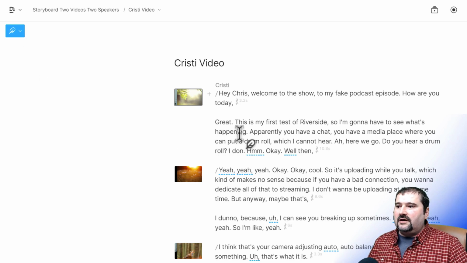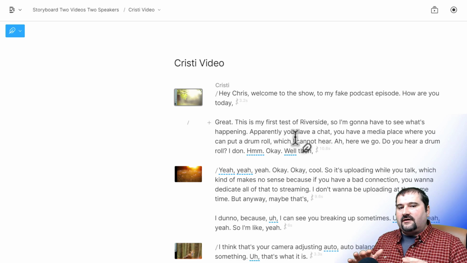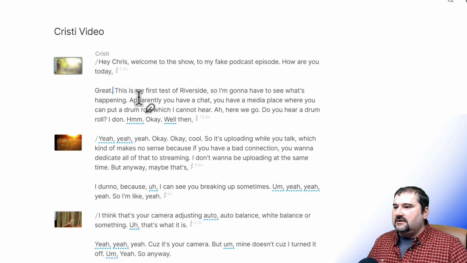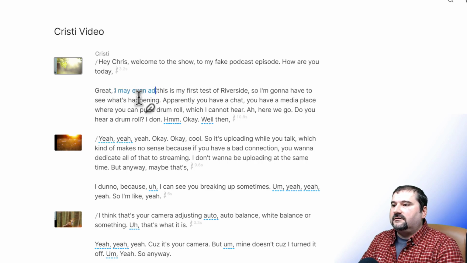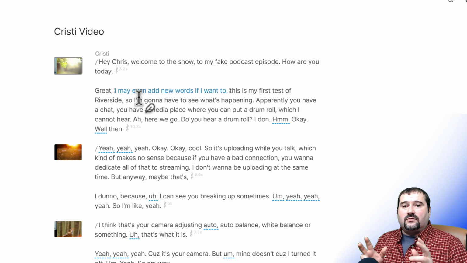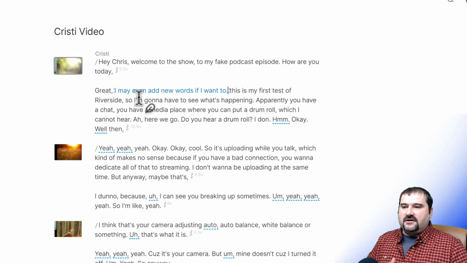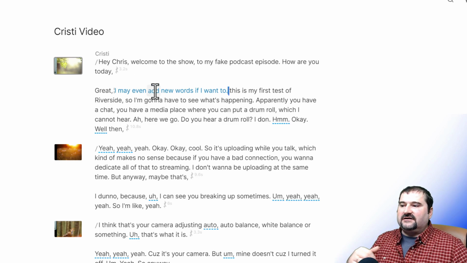Also, the write mode allows you to just click in here and make changes to your text as you wish without having to pop up that correction dialog. So if I want to make a change here, just type the comma. I may even add new words if I want to. There you go. So I'm typing words just in the text, and that doesn't necessarily generate an overdub here, but if I wanted to, it will do that. So two modes, correct mode and write mode. And to come out of the mode, you just press escape. And now you're back into playing back.